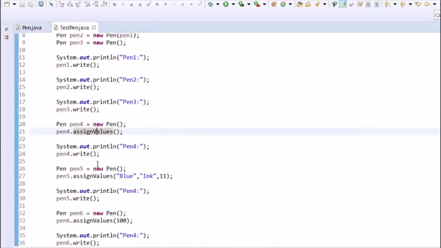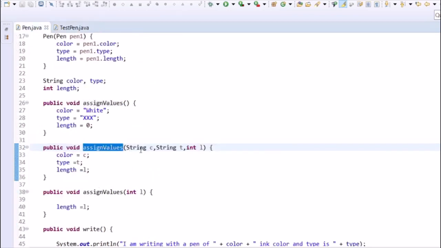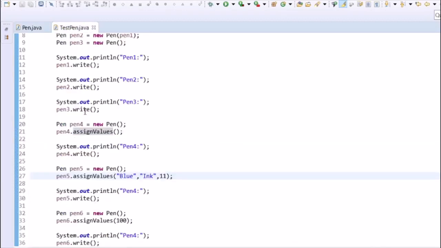Similarly, for pen P5, the assign values with these three arguments would be called, and the passed values will be assigned to the instance variables of pen P5.